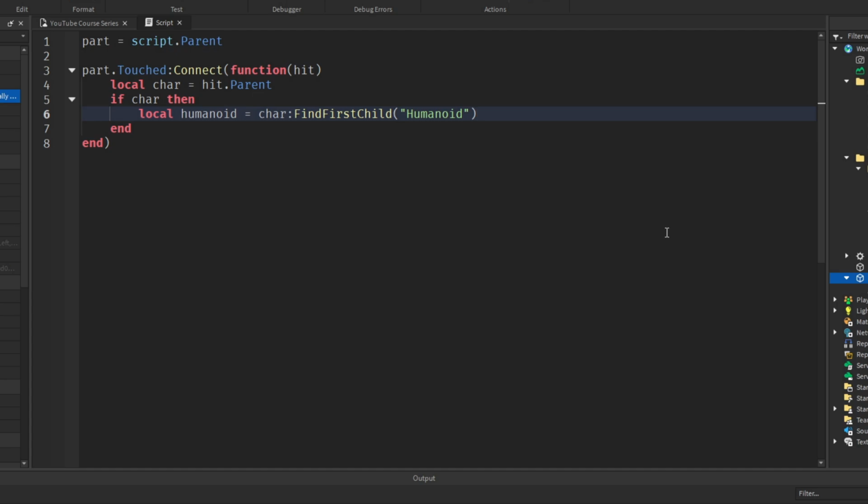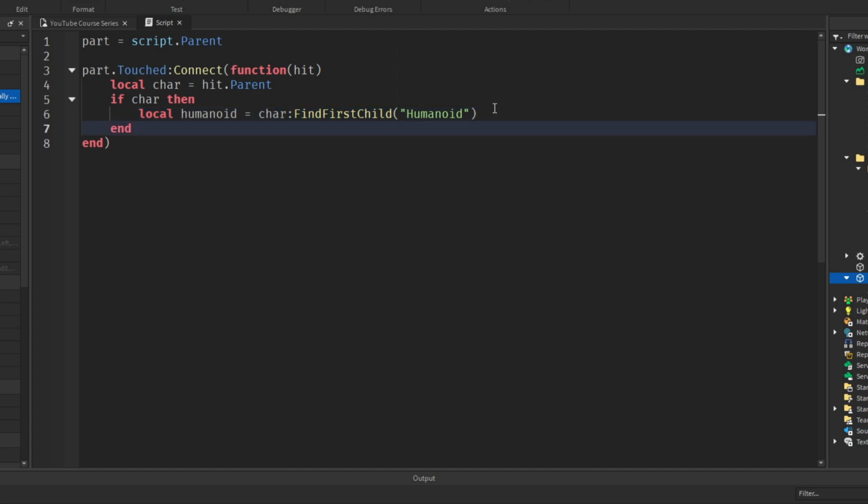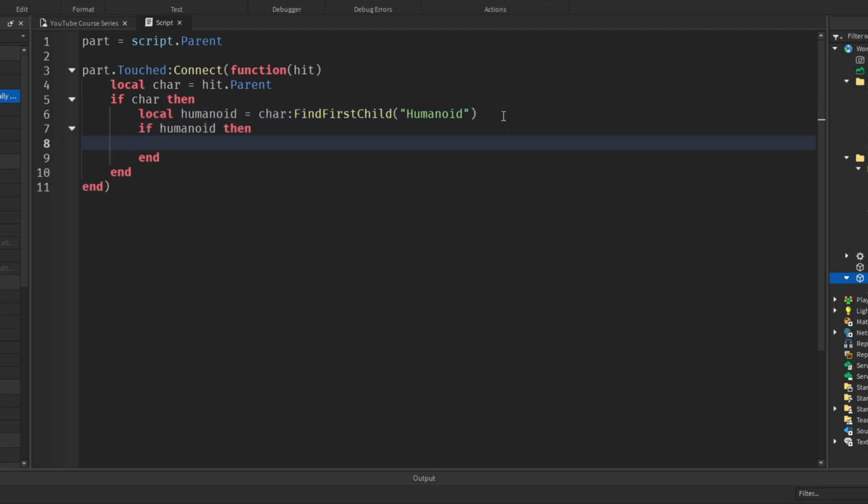So the humanoid is a way of verifying that it's the player, because players have humanoids. We also want to use the humanoid to kill it, as you'll see in a minute. And what FindFirstChild does is it will try and find the humanoid instance in the character. If it can't find the humanoid, so if there isn't a humanoid for whatever reason, it's just going to ignore this. Humanoid will effectively be null, and nothing will happen, because what we need to say now is if humanoid then. So if there isn't a humanoid, if it's null, if it doesn't exist, we're not going